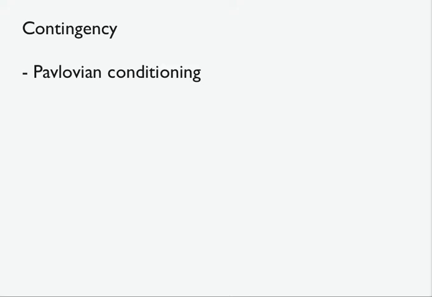Just to illustrate the concept, first let me give you the definition of contingency. When we talk about contingencies, we're talking about the conditions upon which specific events occur in a conditioning situation. So, if you are thinking about Pavlovian conditioning, let's say autoshaping, then we can describe